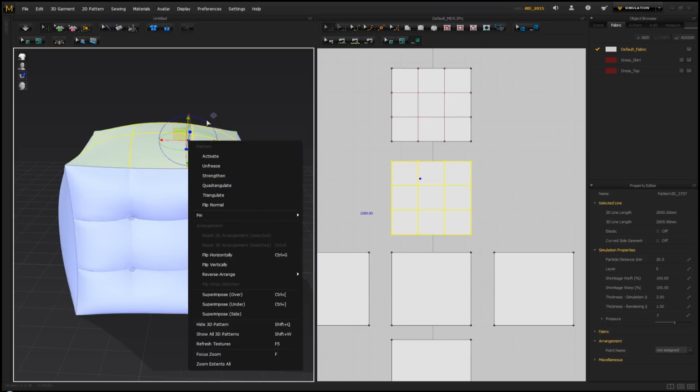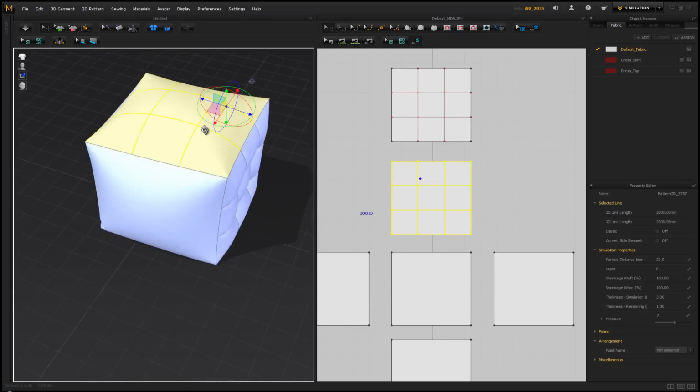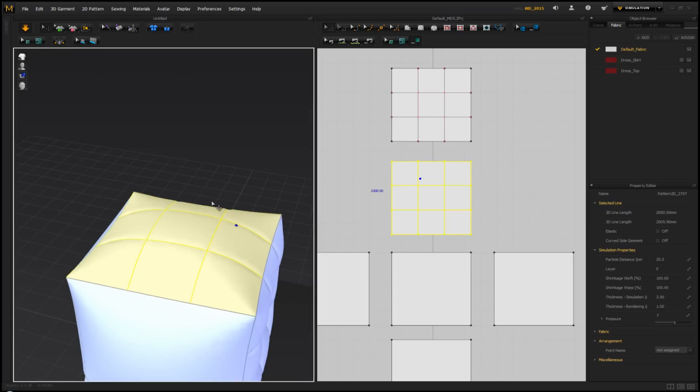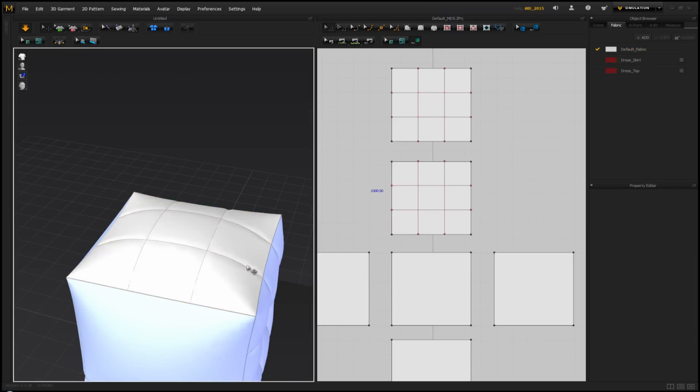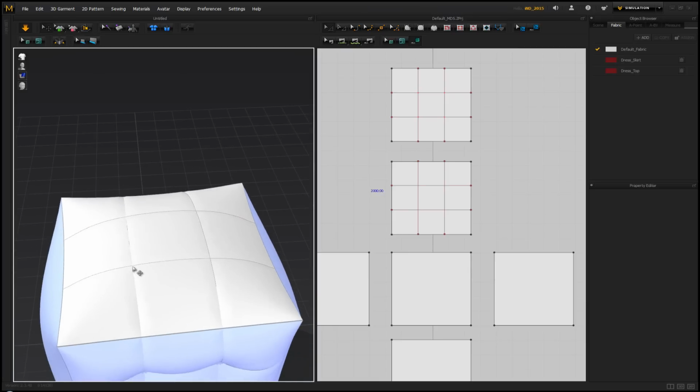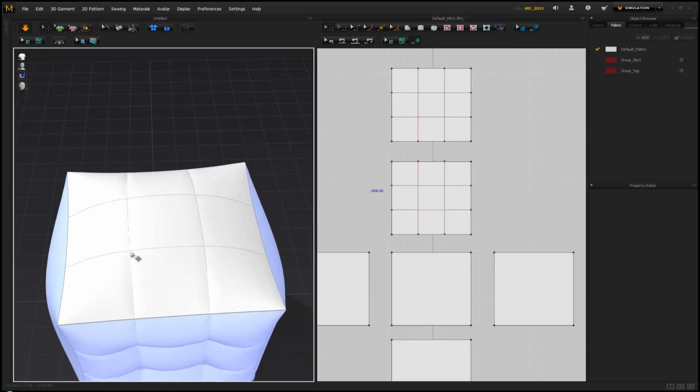Select the top one and unfreeze. Now, since these have been copied from the previous pattern, once I simulate this, you're gonna see that right away I got those indentations into our new piece over here. So all I have to do here is again hold down W, put in the pins,